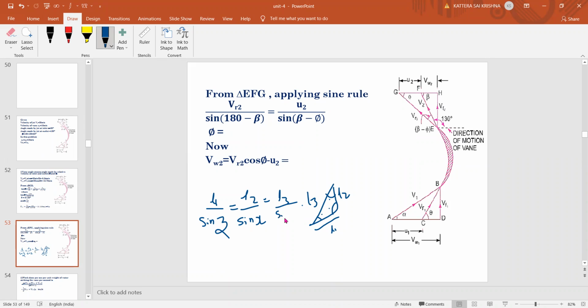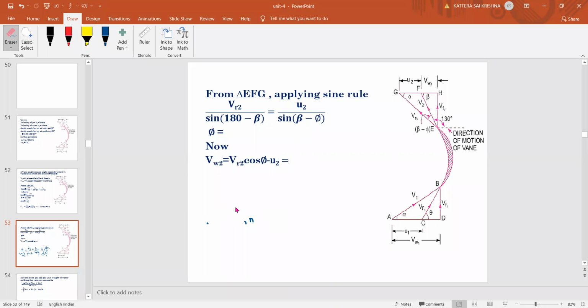Okay, so the same rule we are applying here for finding the unknown term, the phi value. We need to find the angle that we will find by using this sine rule. Okay, can I erase this? If you want, you can write roughly. Okay, so now you can see. I am applying the sine rule for the triangle E, G, and F because we want phi. I am applying it between E, F, and G. These three.